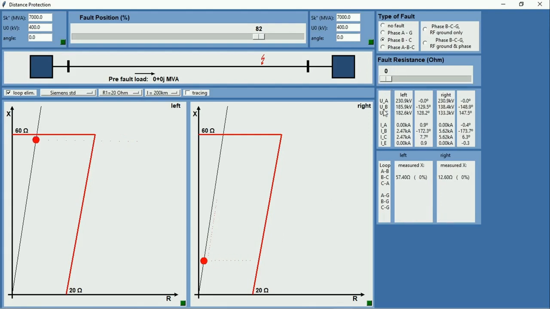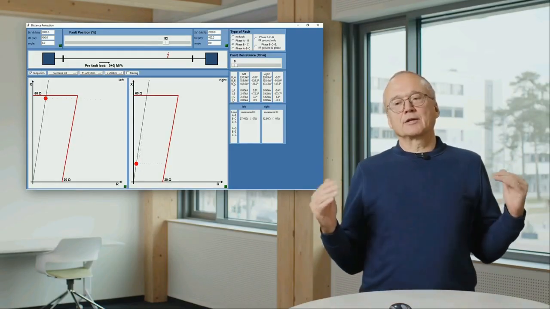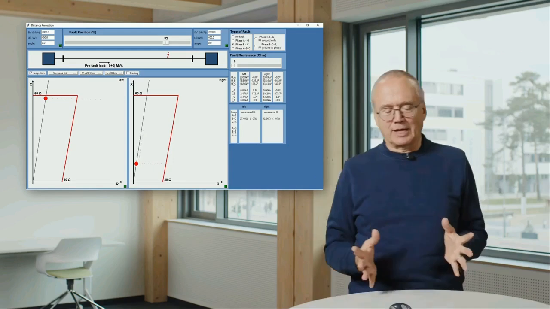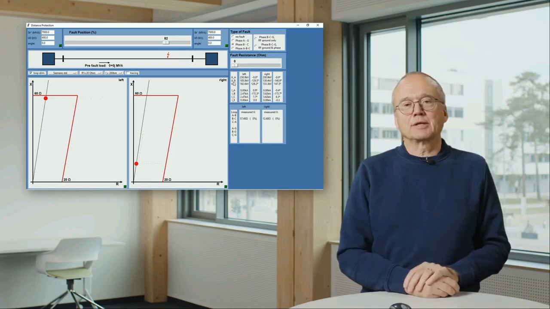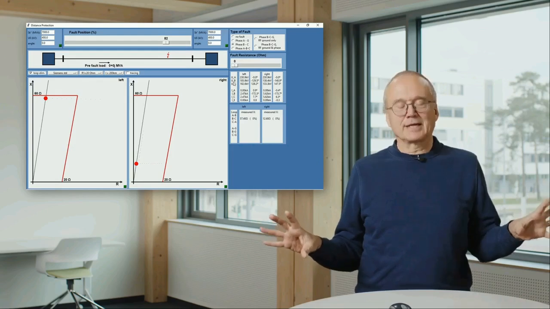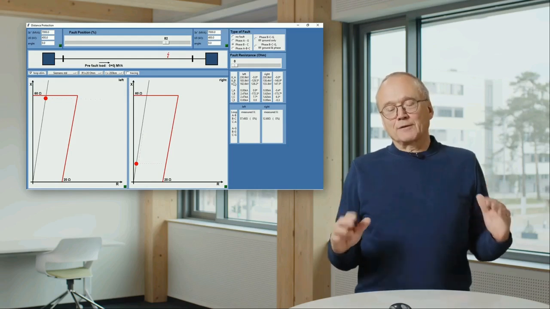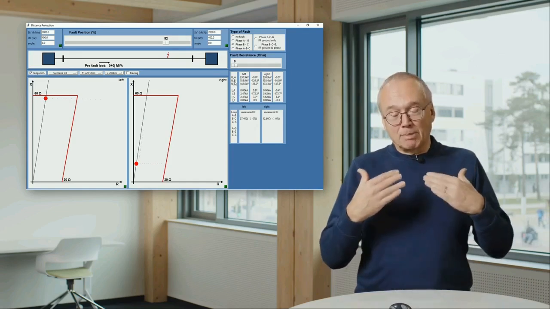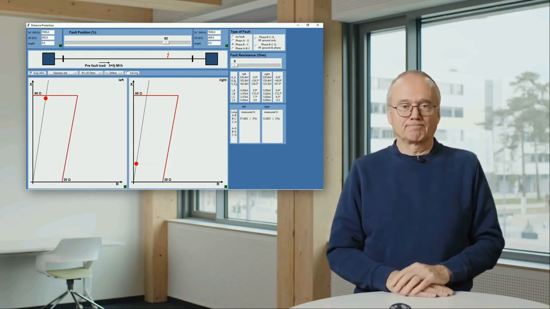And now we consider the worst case. We consider the case where the phase angles from both sides are different. What is the point behind that? Under which conditions can the phase angles of the short circuit current be different? They are different if the voltage angles are different from both sides. And if the voltage angles are different, without a short circuit, we have a load flow. That means a power flow on the line requires that the voltage phase angles are different.